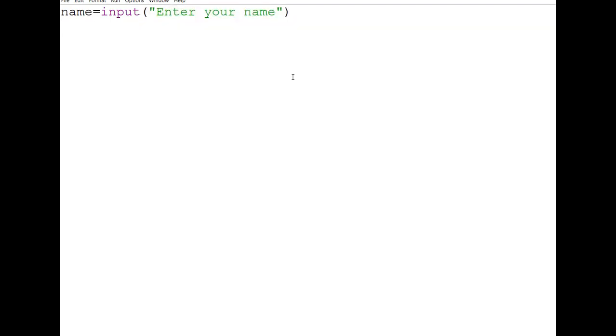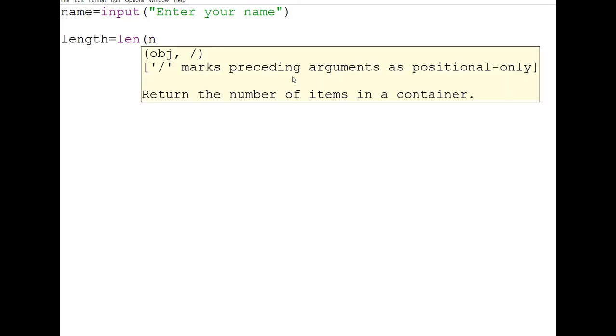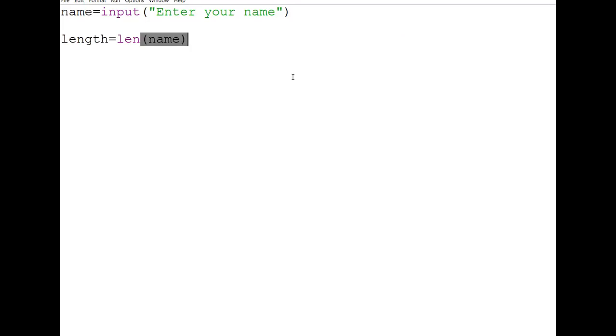Okay, enter your name. Then we need length. Length is equal to, just now we have discussed, with the help of the len function we can find it out. Then after that, simple, I need 2 counters. See, if I run the loop, first we are going to print the same information in the reverse order. Just now we have discussed that one.